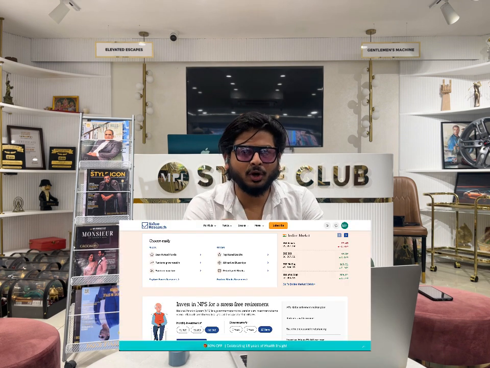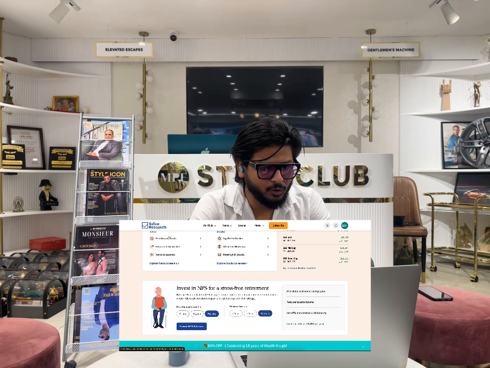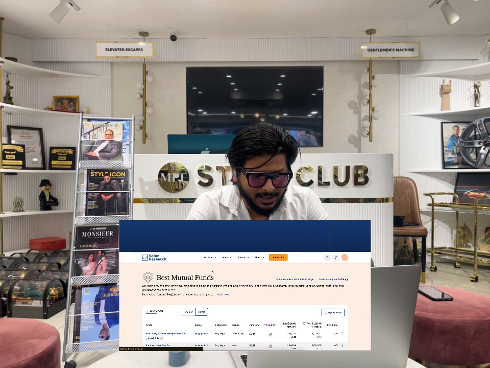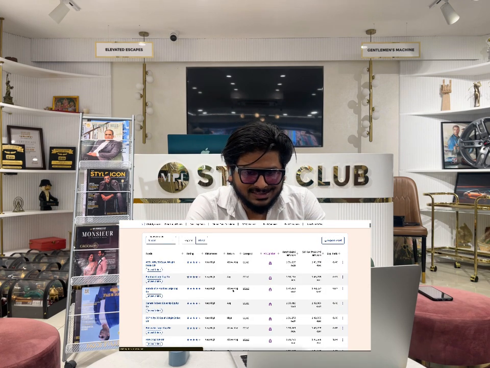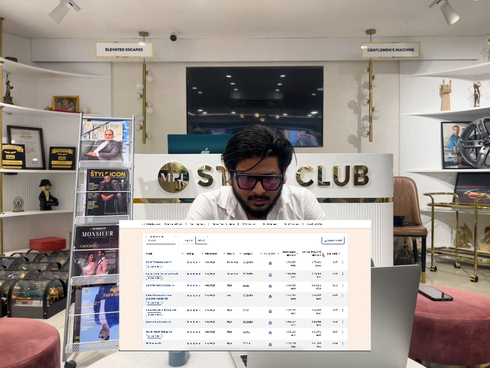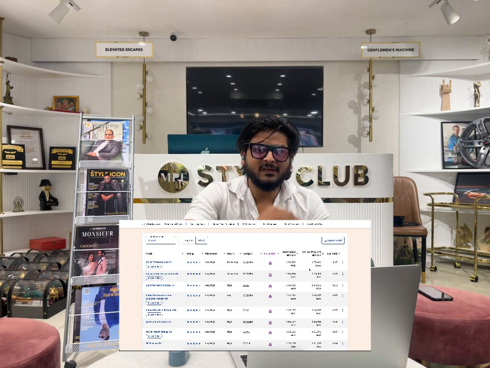Let's start with the first one, performance of mutual funds. Regarding performance, I have given a link where you can research these things better. That's called valuesearchonline.com. If you go there, there will be a best mutual funds option. If you go into best mutual funds and click on it, when you come down, there is an option on the right side: SIP 10,000 per month return. When you click on the bottom arrow, you'll understand that it filters from the top returns to